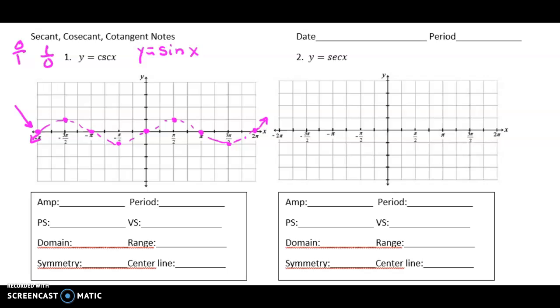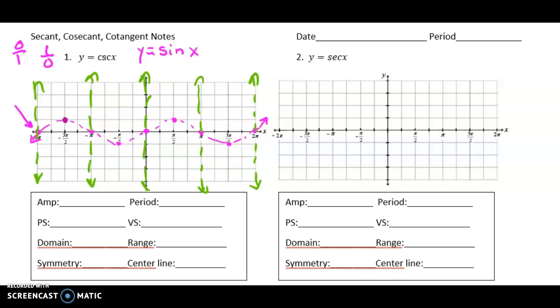So long story short, anywhere we have x-intercepts, where our graph crosses the x-axis, we will have vertical asymptotes when we graph cosecant. So let me put these vertical asymptotes in quickly, and we'll move on. Okay, speaking of reciprocal, since cosecant is sine's reciprocal, where sine makes, I want to say parabola, where sine makes